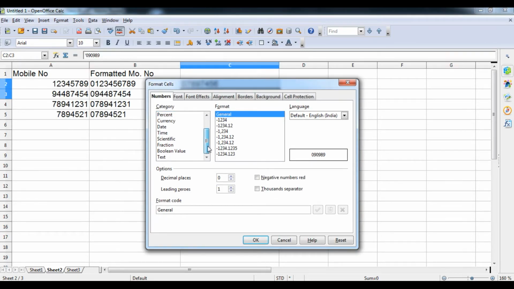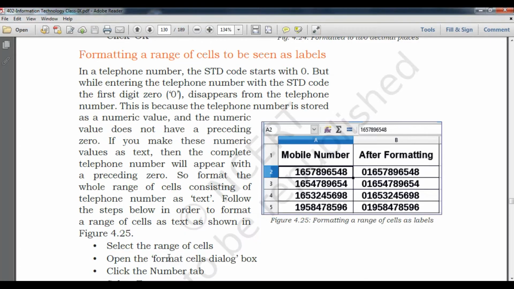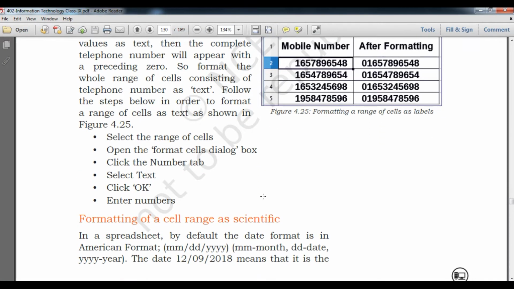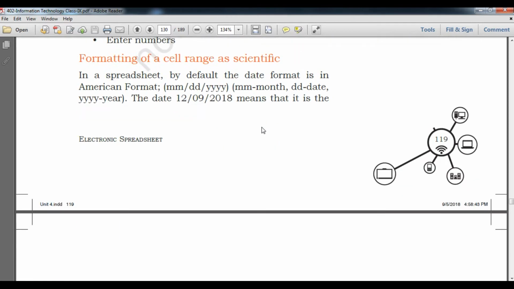Now you can see that "student" will be considered as text by default because it is explicitly text. It means the data operator automatically sets the particular format of the cell. Okay, now we are going to understand the next thing. The steps to review are: select the range or the cell, then go to Format Cells, click on the Number tab, select Text, press OK, and enter the number along with 0.